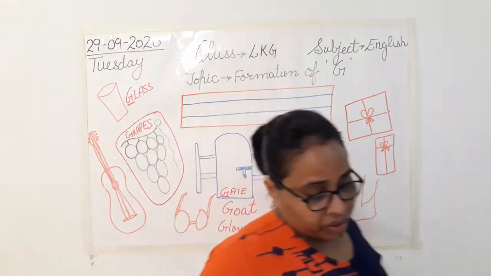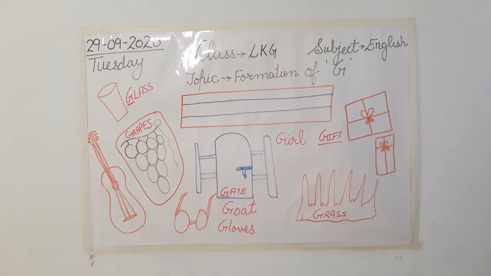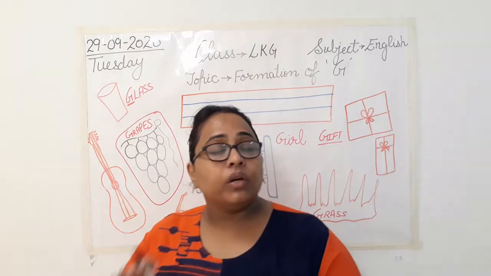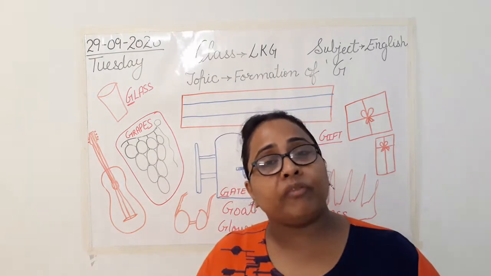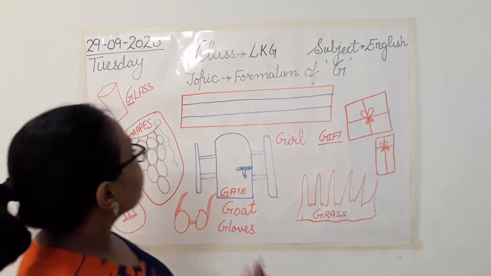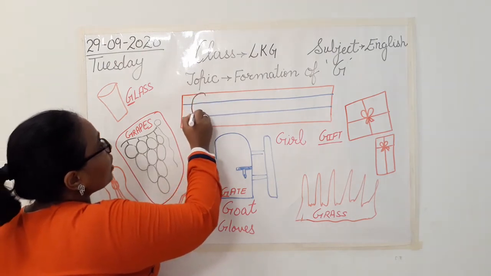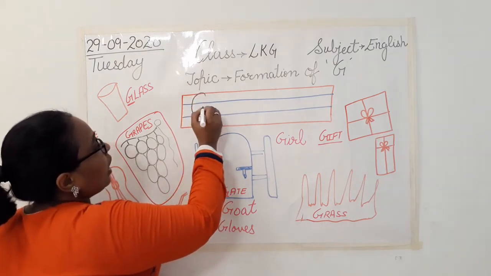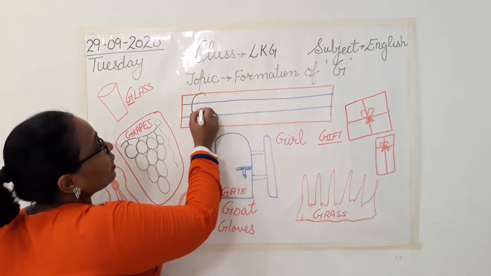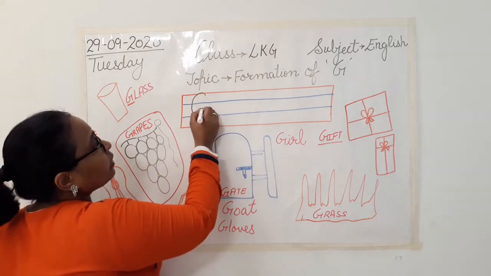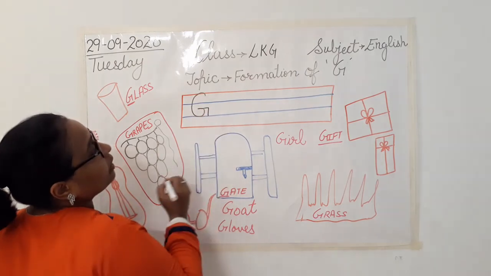So the formation now. Now we are moving towards the formation. So formation of alphabet G. How you are going to do that? Just see here. You all know how to write alphabet C. You know that? So that is how only we are going to begin. Like this, we have written alphabet C. अब इसको थोड़ा सा यहाँ लाएंगे. Then go inside. Like this, a sleeping line, come out, and a standing line.